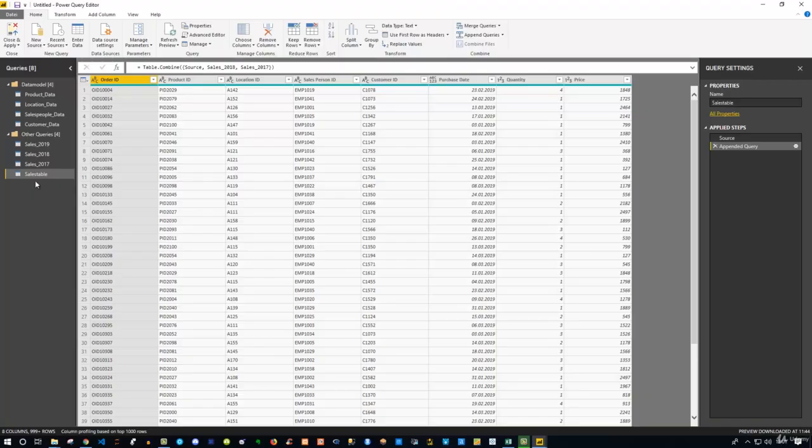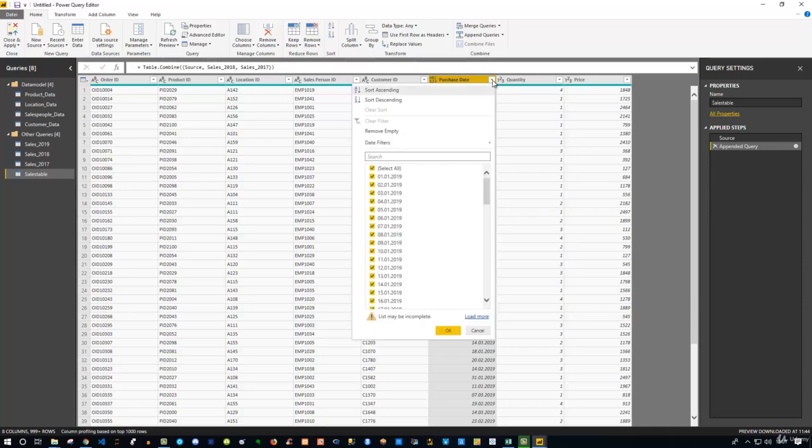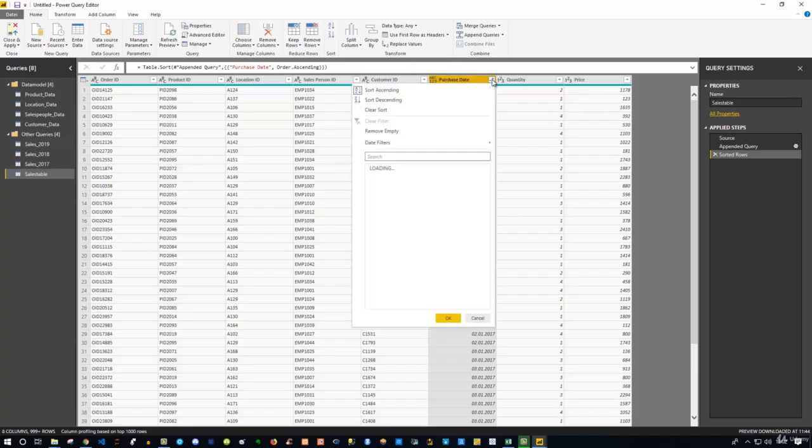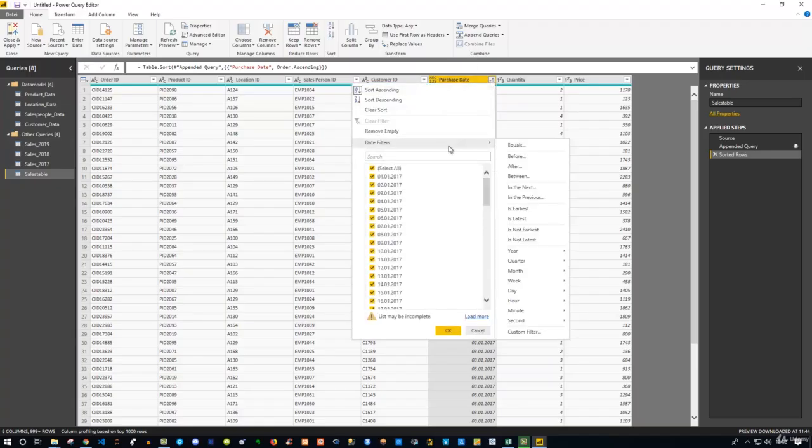Now we can check this by going to the purchase date under the sales table. With the sales table selected, click on this little icon, and then simply sort ascending. If we do this, we can see that it starts from 2017. So basically we can see that the 2017 table has been appended as well as the 2018 table. Of course, you can also search for 2018 dates if you want, date filters, for instance, but in our case,